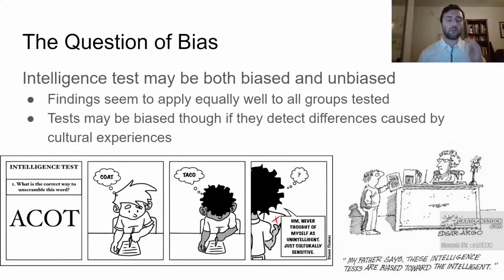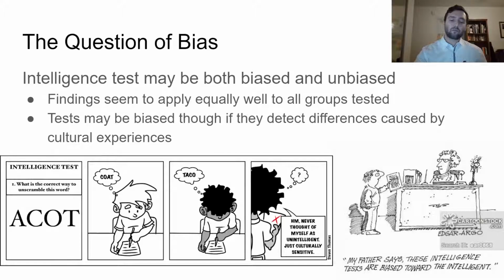But when we look at intelligence tests, one of the things that's really weird about them is they can be both biased and unbiased at the same time. And that seems really weird, right? How can it be both? But there's basically these two things. One thing that we know is that at the end of the day, an aptitude test or an IQ test, something like the ACT, the goal of the ACT is to tell me how likely you are to be successful in college. That's the goal.